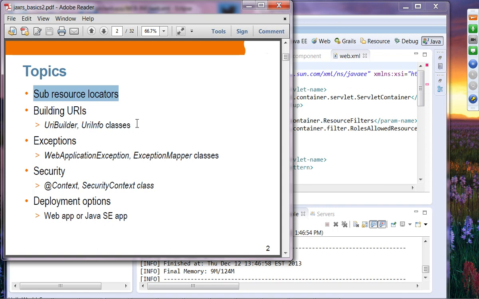And we have also seen some URI builders, like the UriBuilder and UriInfo classes. These are utility classes that you can use to build URIs, the links. Okay, and we are going to see how we can handle exceptions, and we are going to see how we